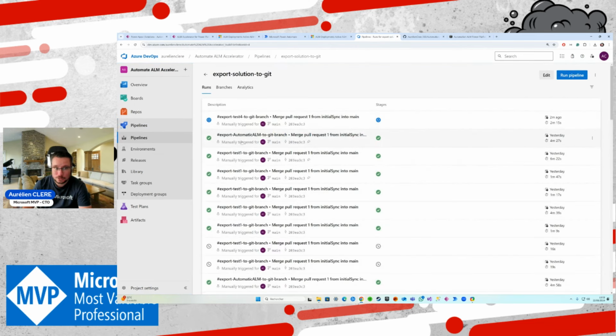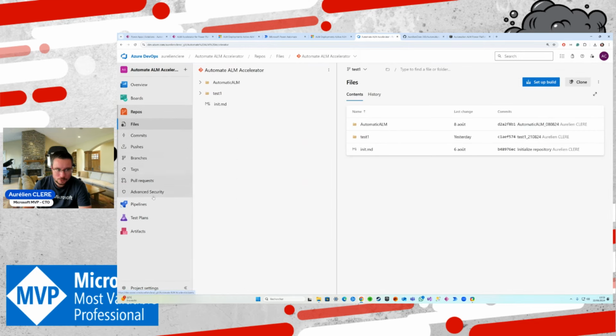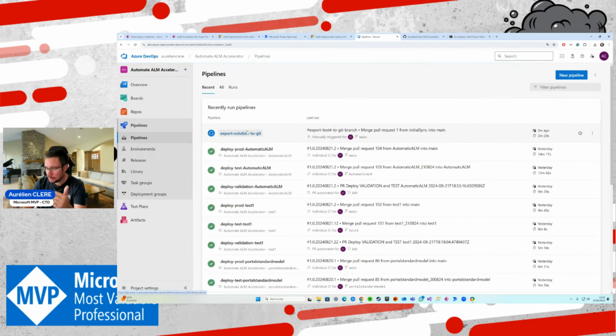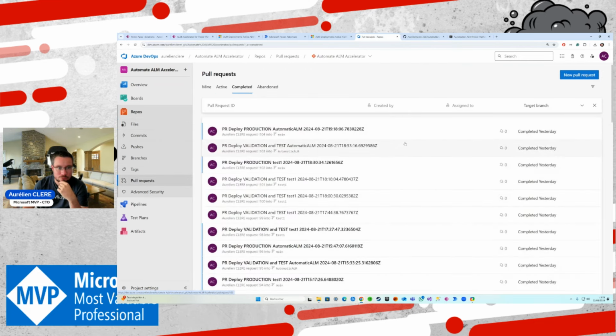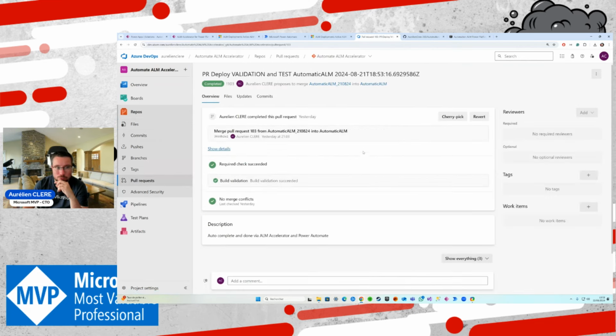So after you have the export, you have the validation deployment with the pull request. So as I can show you, it's this one. This is a pull request I create automatically. Here the pull request is normally done manually through, again, the Canvas app of ALM Accelerator. Here on my side, I just automate the pull request to auto-merge the code, as you can see, and auto-complete everything. I also do one thing you don't have in the Canvas app, which is to clean up things, because